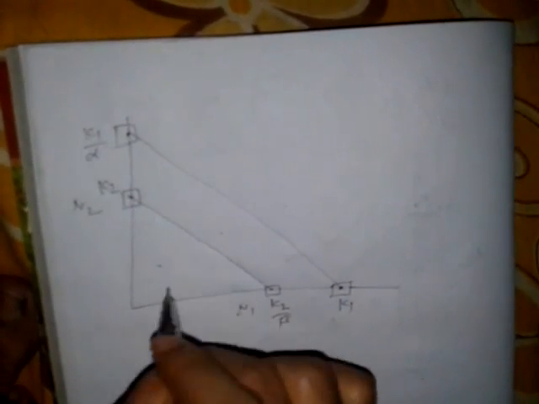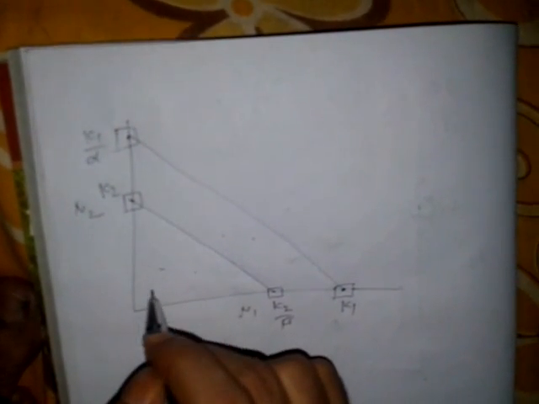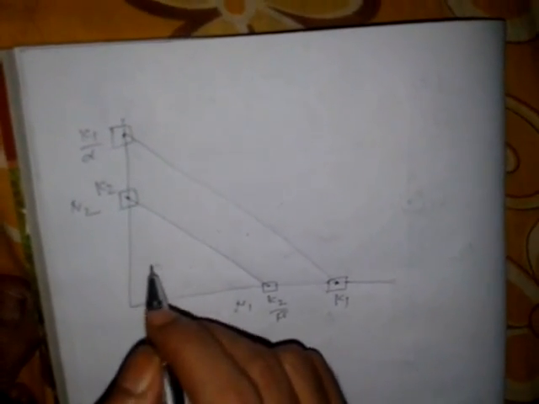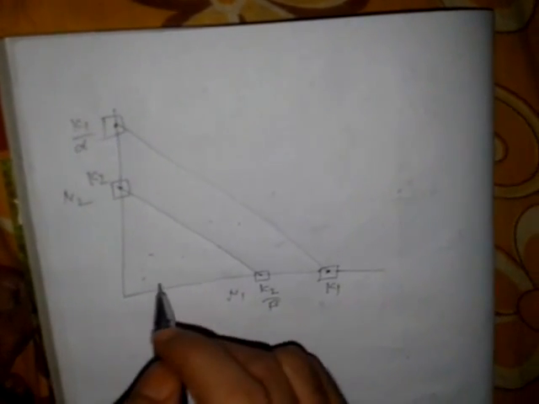Okay, so these two isoclines divide the state space into three different regions: region 1, region 2 and region 3. If we are in this region, we are below the isocline of both species. That means both species are below their carrying capacity, so both species' populations will increase up to their carrying capacity.